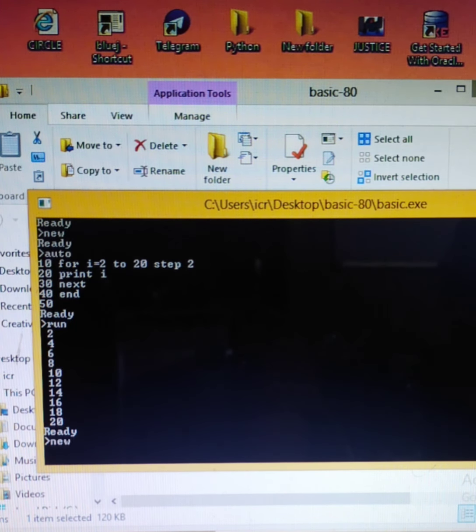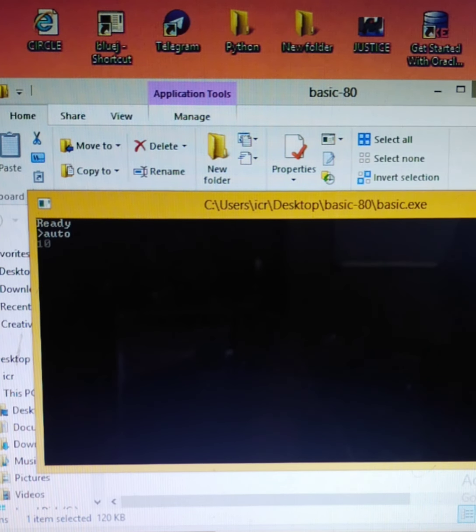Now let's see how to print the odd numbers also. Auto. For odd numbers, now I think you must be getting an idea: 1 to 20 and step 2. Why am I starting with 1? Because naturally the odd numbers start with 1, 3, 5, 7 and so on. So the present value of I is 1, and with print I, 1 will be printed. Next will increment.